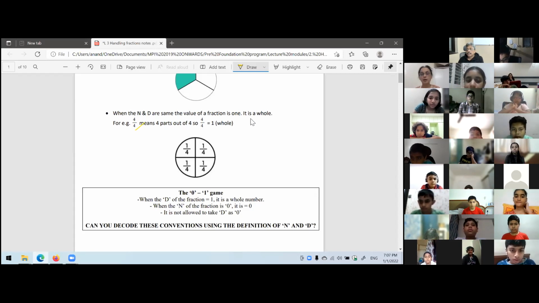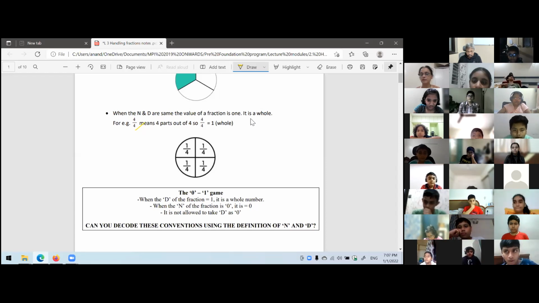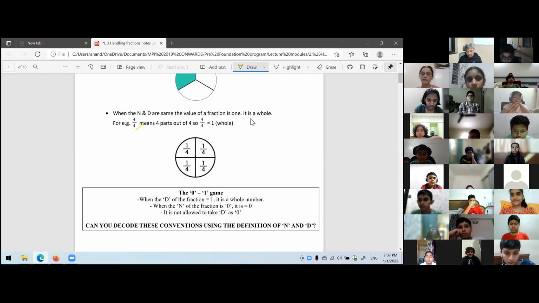Now when the denominator becomes 1, if I write it as 4 upon 1, what will be the meaning of it? One part of the fraction is done. That means it is full, na? When I say the fraction is done into 1 part and I'm taking 4 parts, means I'm taking the whole of it, all 4 parts. So when the denominator becomes 1, the value of the fraction is the value of the numerator, and it is a whole number. Or it can also be an integer.